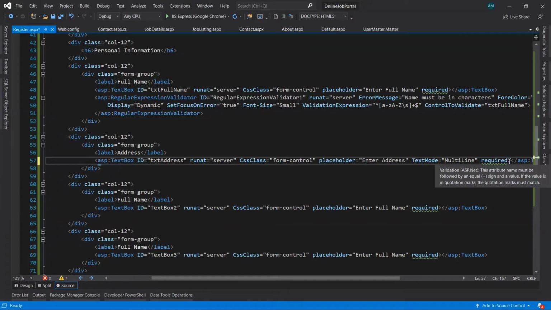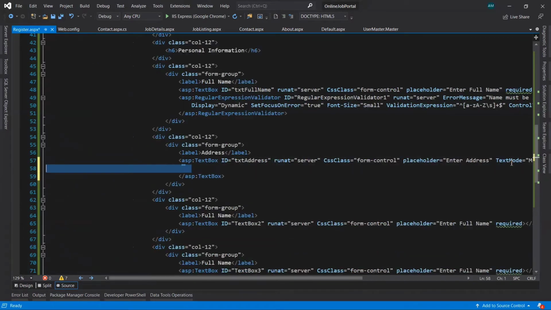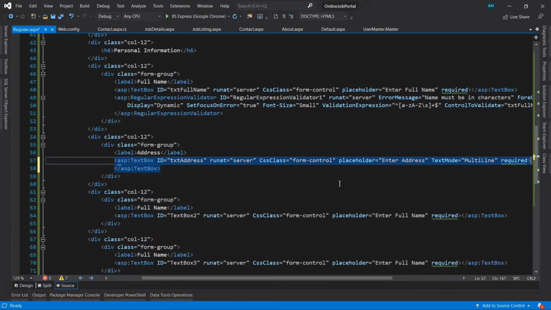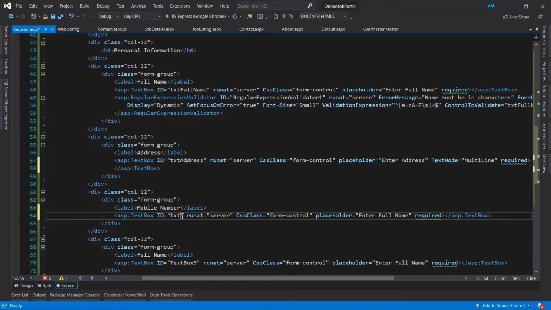Okay, now then mobile number, or you can say contact number, whatever you want. Txt mobile.